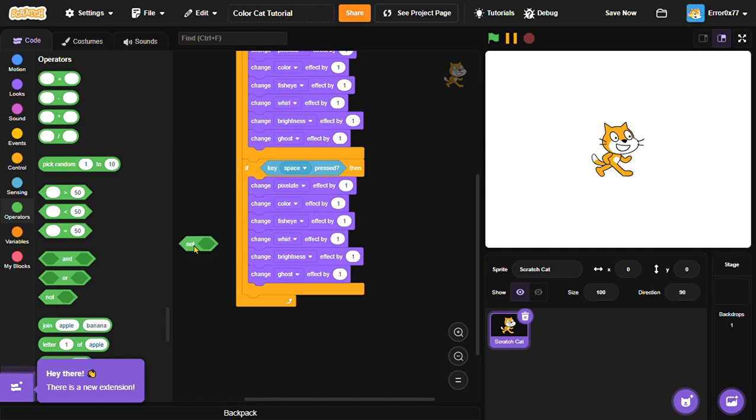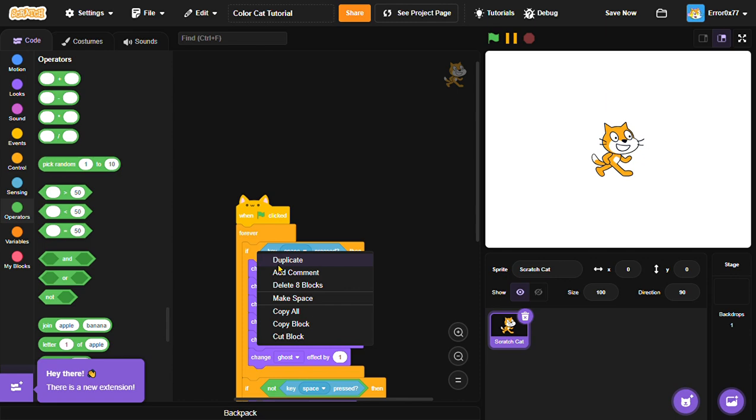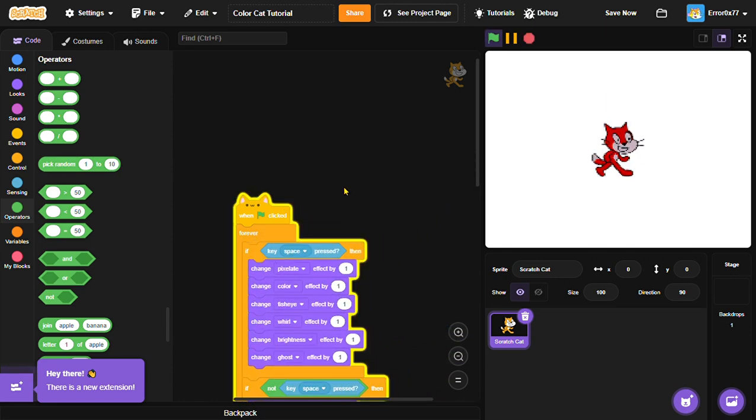So you want to grab a not, put the key space pressed in here, and then you want to put this to -1. All of these have negative. So negative, negative, and so on. So now that you have a negative, we're going to duplicate these two, put it up here,